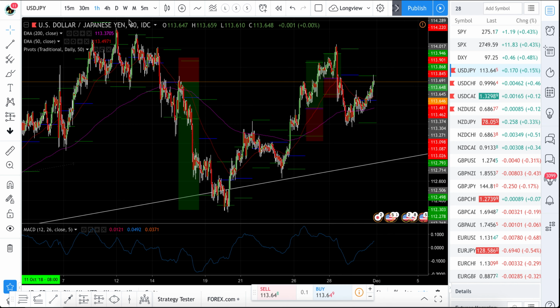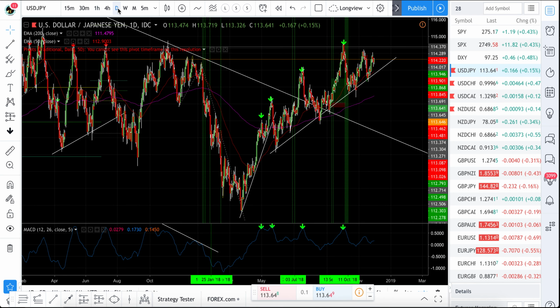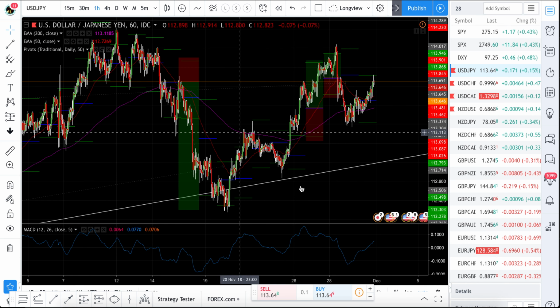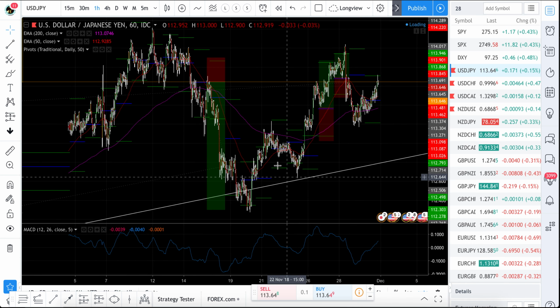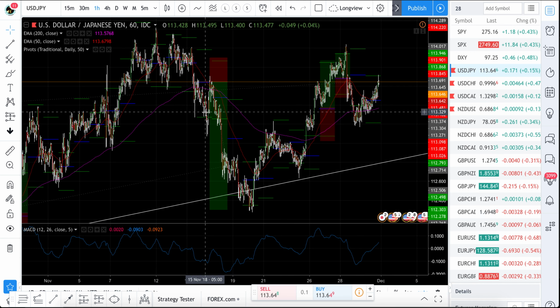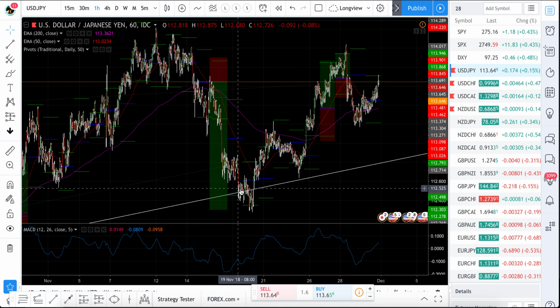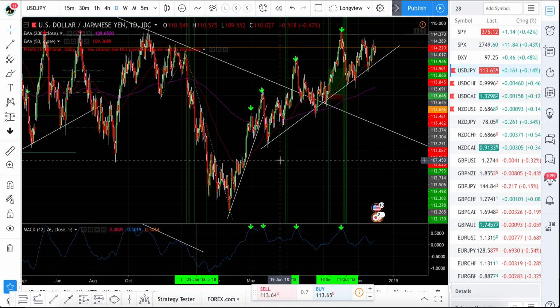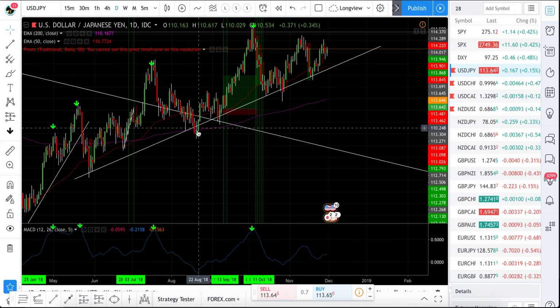Remember, I told you guys about the trend lines, the white lines. So if I go to daily, you're going to see it right here, this white line. Well, that's still there, it's still present here. It's just a zoomed in version of that same line. So, in other words, for each one of these bars on the daily chart,